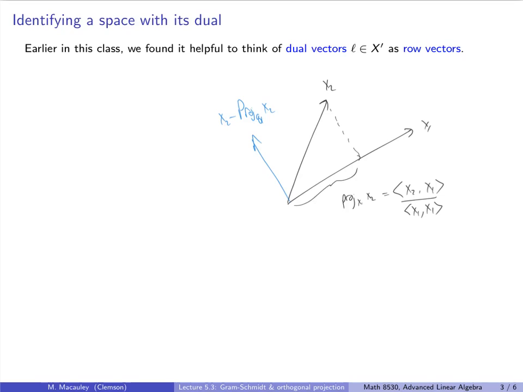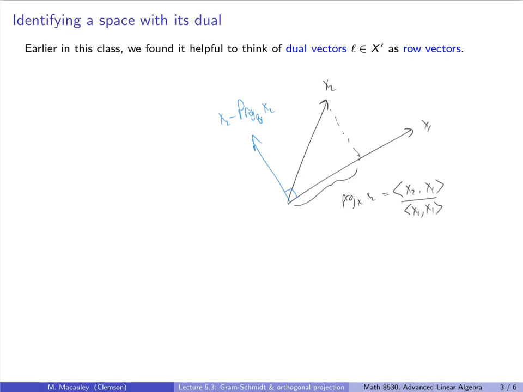And you knew what that was probably from your undergraduate days. If this is R2, that's just a single line. If this lives in R3, then that's a whole plane. And if this lives in Rn, this is an n-1 dimensional hyperplane. But I haven't actually defined that as a subspace. Now, I didn't need to define it to be able to speak of it, because basically all we needed was the fact that these things are orthogonal. So in the remainder of this lecture, we will do that. I will talk about what the orthogonal complement of a subspace, not just of a vector, but of a subspace